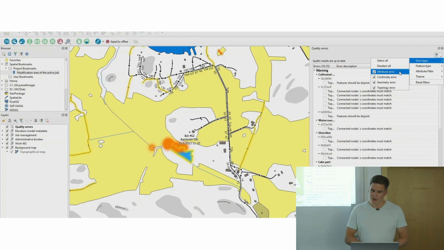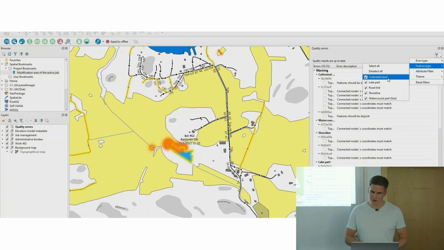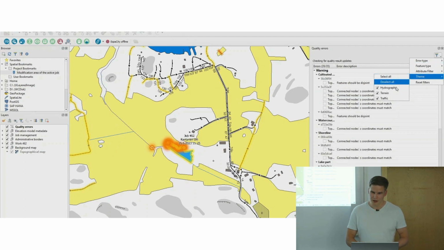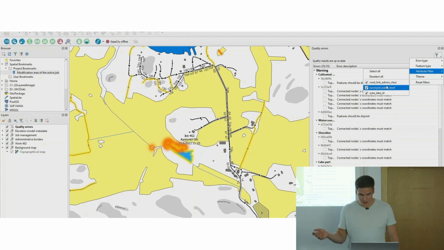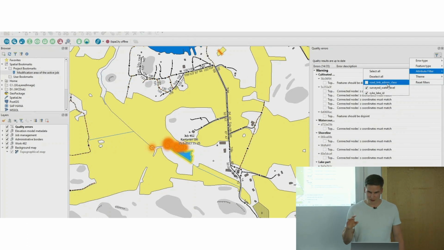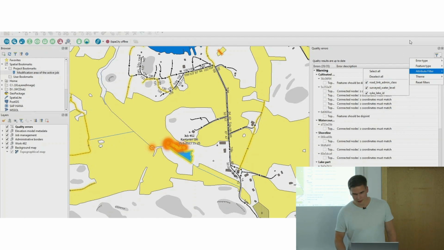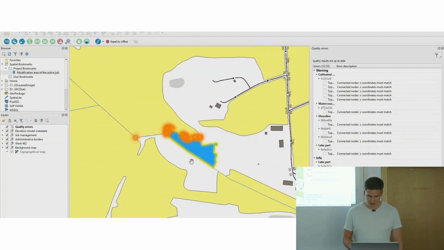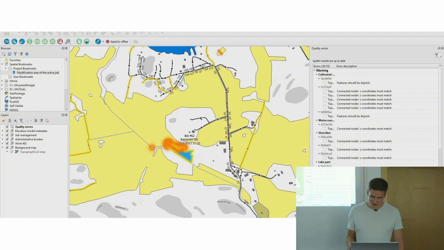And you can filter by error types, feature types, and different attributes there, and also by different teams. So basically, it just makes the list a bit shorter for the operators. They can work on this area only, specified for these certain objects. And then you can also show only the errors in your map extent. And so you see the filtering on the list there. Or hide the errors and show them again if you want to do that.